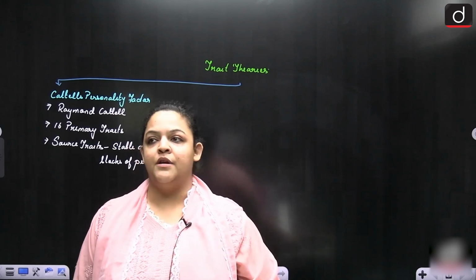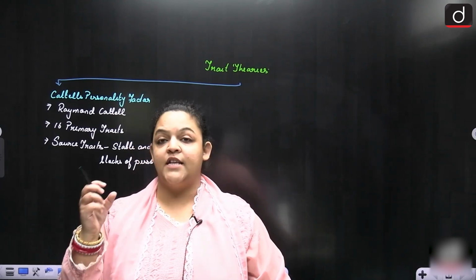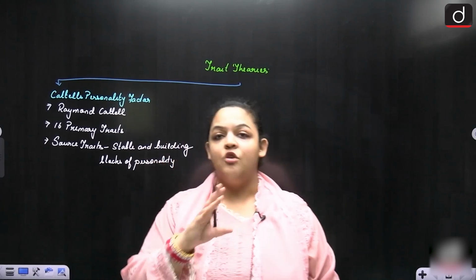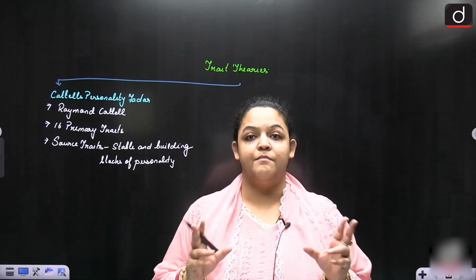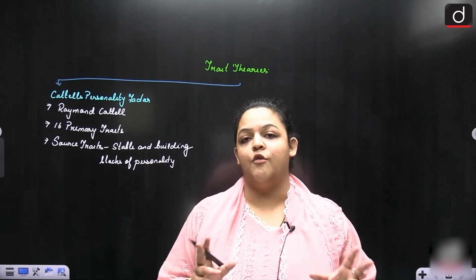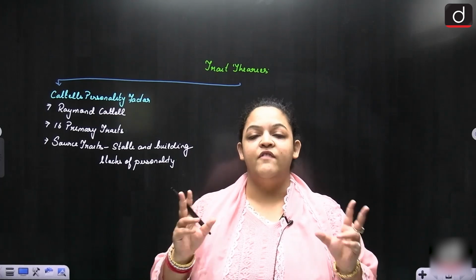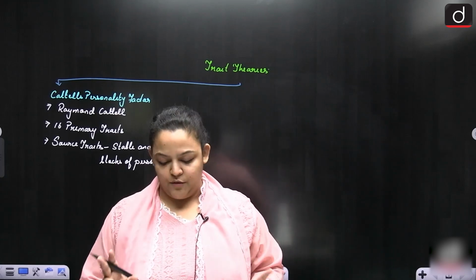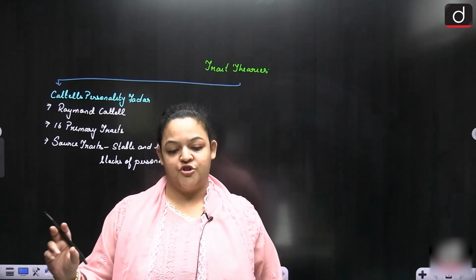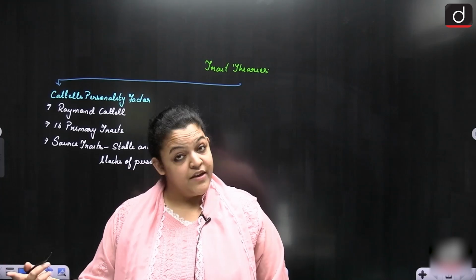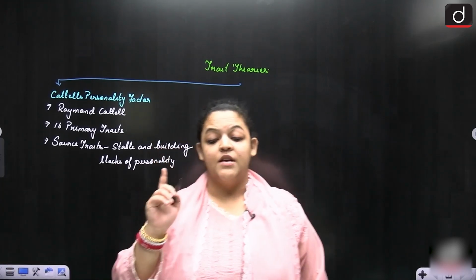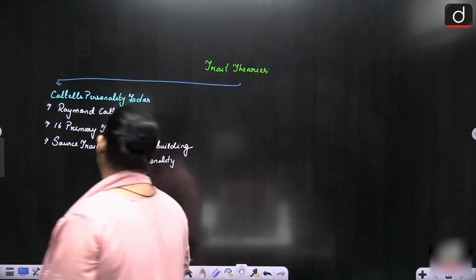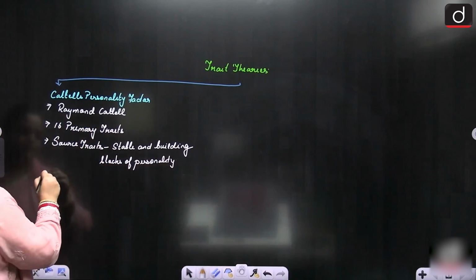For some people, truthfulness is their source trait. It is not going to change. It is going to remain the same all throughout their life. They will value truthfulness above everything else. Okay? That's your source trait. Fine. Then we have a number of surface traits. Okay?